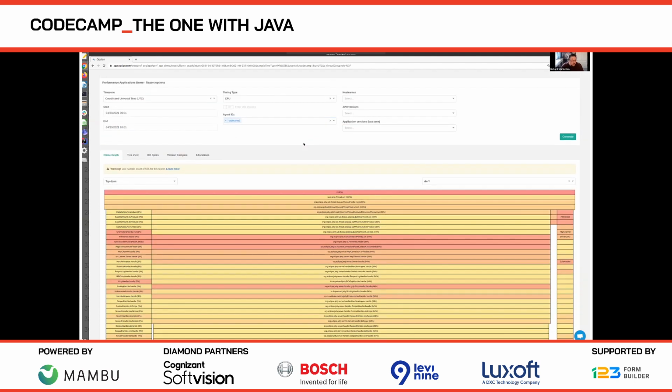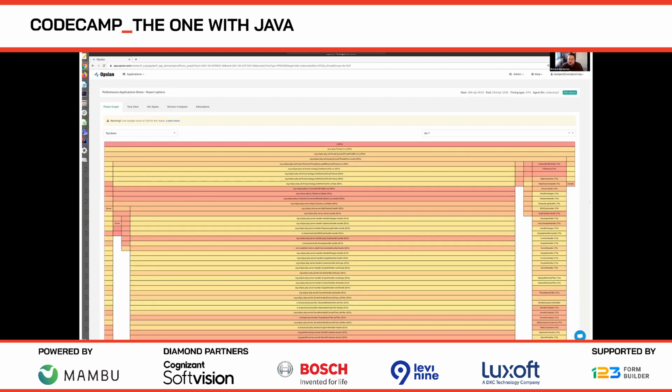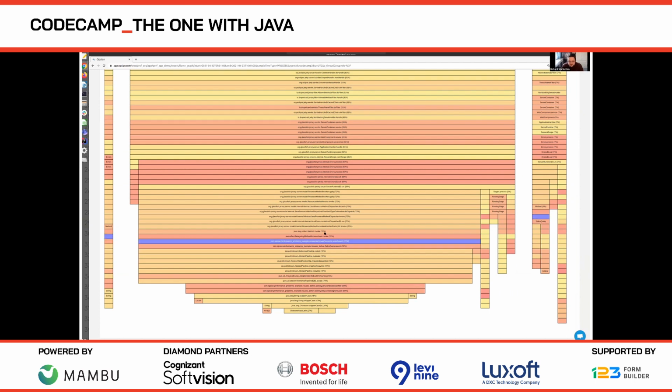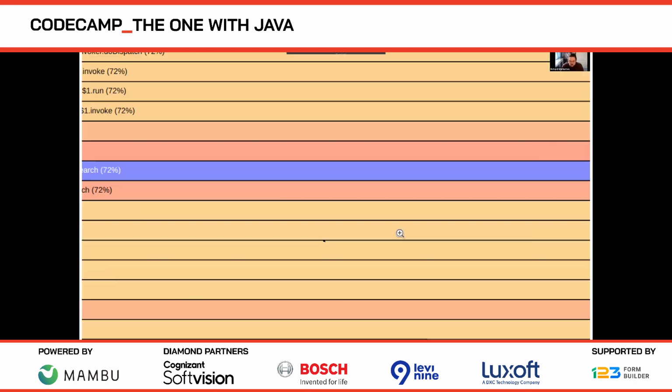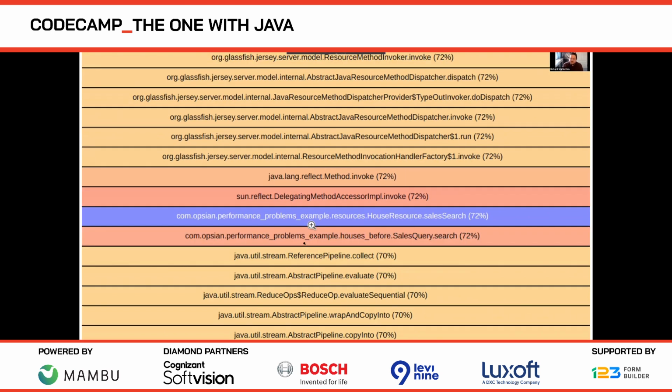So I changed the agent ID when I reran this benchmark to be Codecamp 2 rather than Codecamp 1. And we can zoom in and see back where we were on the flame graph view again and see what's going on. Previously we had sales search and sales query.search, and it was spending loads of time calling that get sales data method. Now that's disappeared from our flame graph. That's fantastic. So we fixed that bottleneck.